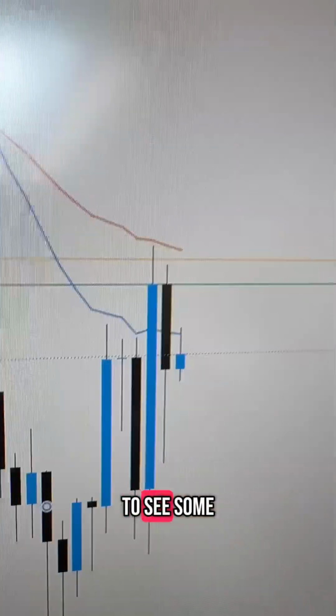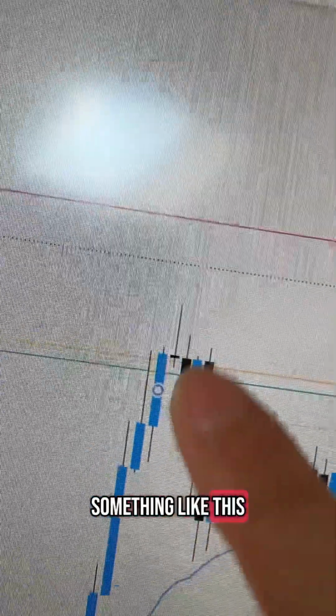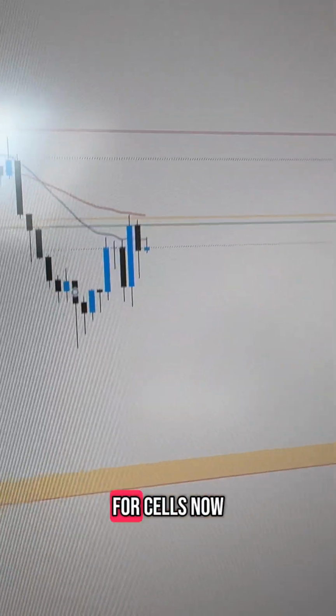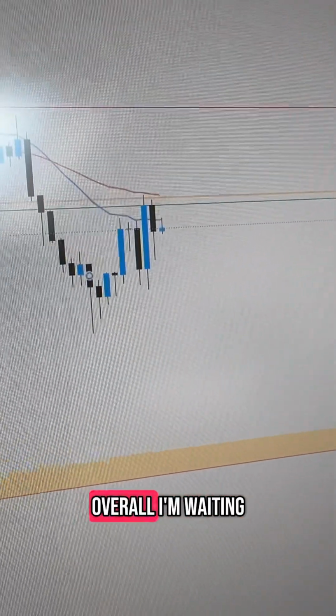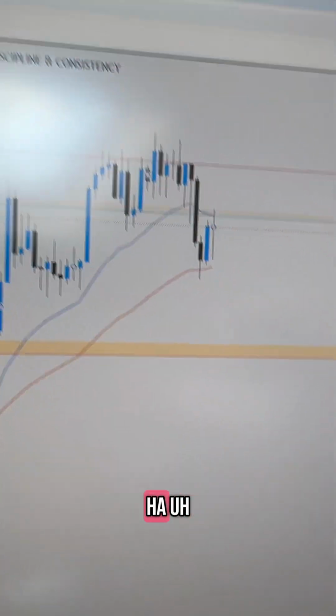I would like to see some sort of doji wick, some sort of strong rejection, something like this, a bearish variation, you know, a bearish engulfing. If I get something like this, I will look for sells. Now overall, I'm waiting for price to come back into this daily previous